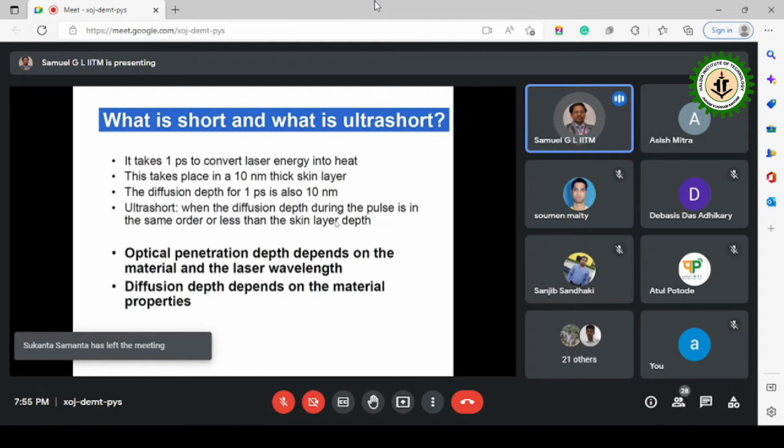So when you put the laser on silicon, silicon is actually a very highly reflective material. So just put the laser, you know what interesting thing happens? It forms a very systematic kind of a pattern on the surface. So we can't see that with our naked eye, but when you keep it under the SEM, scanning electron microscope, you can see them. So that is called laser induced surface structuring. That is what actually happens. And if you put even more intensity, it drills a hole. And in some of the cases, we could even produce nanoparticles.